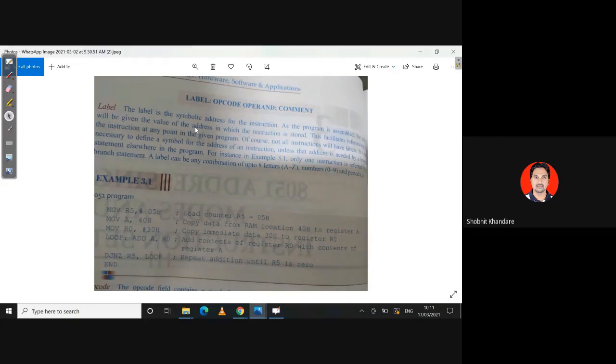Now, before we start with the addressing modes, what do you mean by addressing modes, and what are the different addressing modes? I have given you the format. After that format, now we should also know the data types which are used in the assembly language. I want everyone to pay attention. This is the data type which is important for 8051 programming. Addressing modes we will take after this, but try to understand what the data types are.